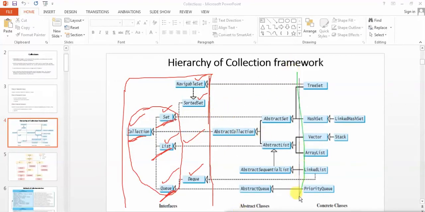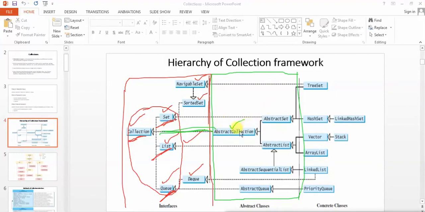In the second section, from here till here, these are the abstract classes. In this particular diagram, not all the classes and interfaces have been listed, only a few of them just for demonstration purposes. The abstract collection is an abstract class that directly inherits the collection interface and implements the methods inside it.